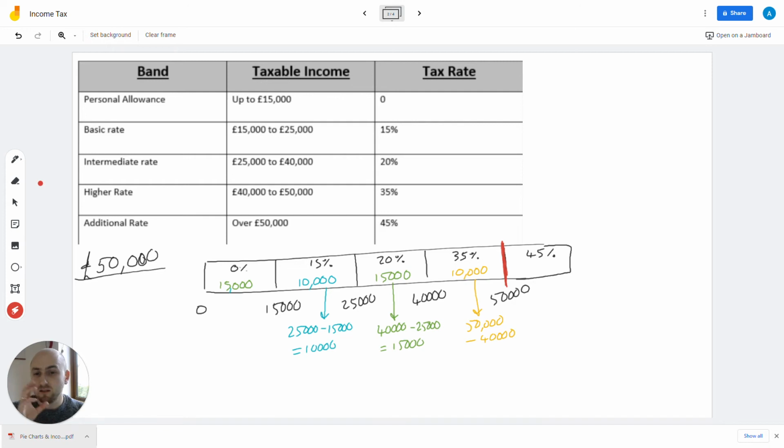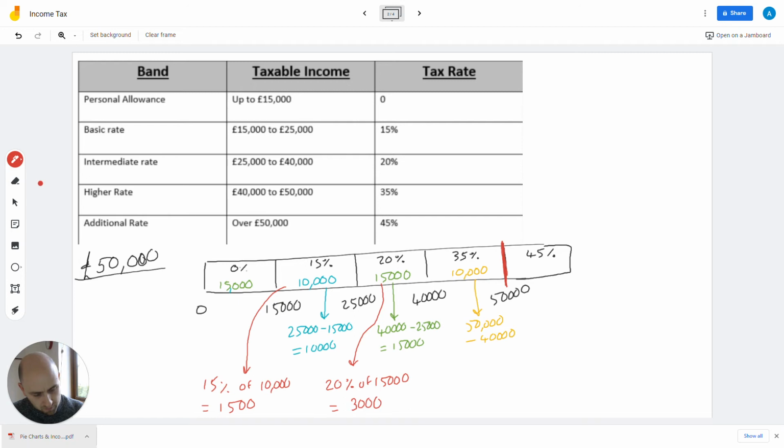So we've just split it. Some goes into the 15%, some goes into the 20%, some goes into the 35%. And now I work the percentage of each of those out. So I'm going to take this bit, and I work out 15% of 10,000, which is 1,500. And I'm going to take 20% of that 15,000, which is 3,000. And I also take 35% of 10,000,